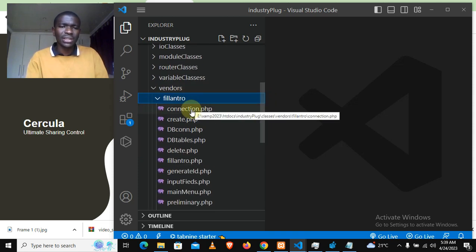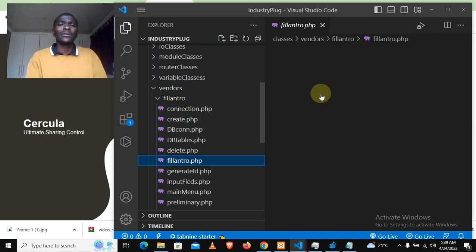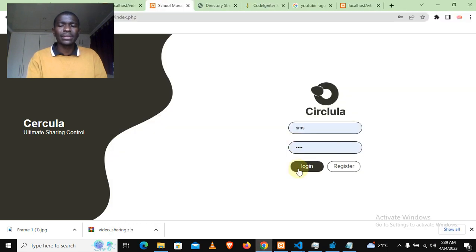So this is the connection. This is PhilanthroDB, some sort of an entrance script to it. Since in the back end, Secular uses the same framework that I've created as IndustryPlug, when I'm logging in here, you don't have an idea or a clue,